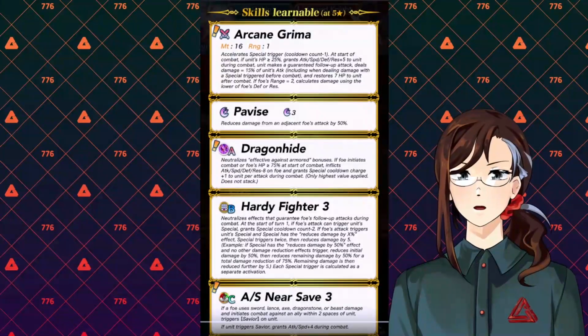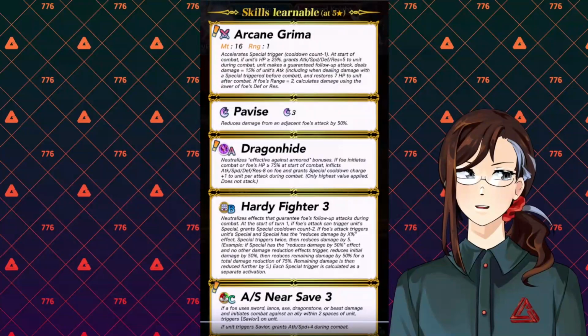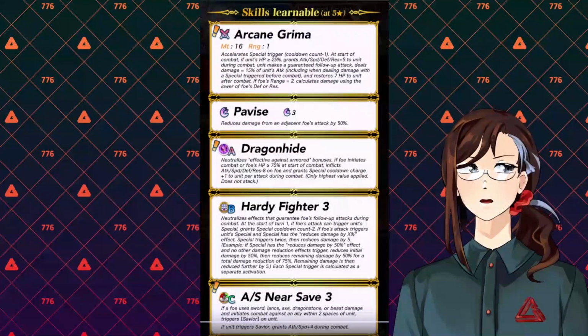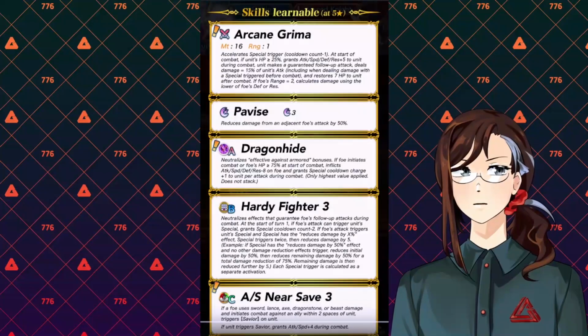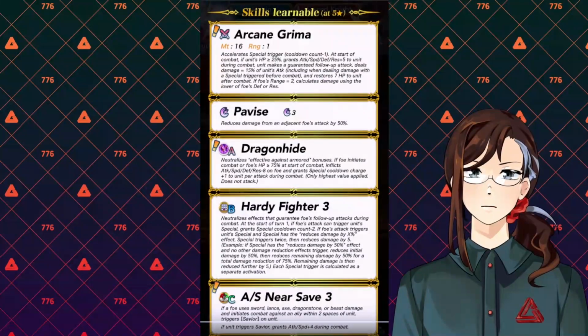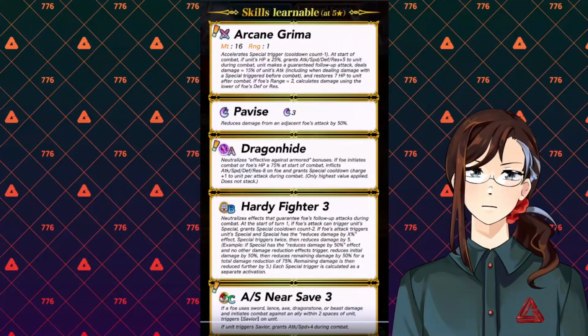Now, Hardy Fighter being on an arcane unit is actually pretty good for all the people who want to run Hardy Fighter builds on their unit, and pretty terrifying for everyone else, because this now means you can run... You're basically, if you pull this unit, you can get 2 Hardy Fighters for the price of 1. Terrifying. Hardy Fighter, of course, one of the best units for safe skills, because